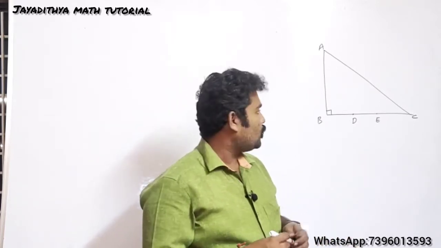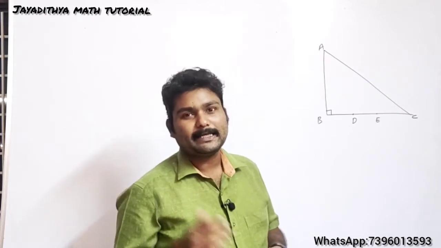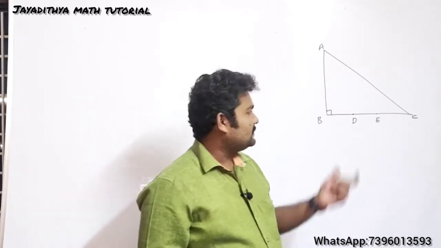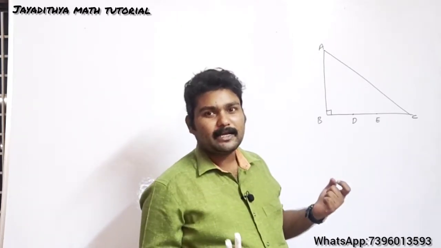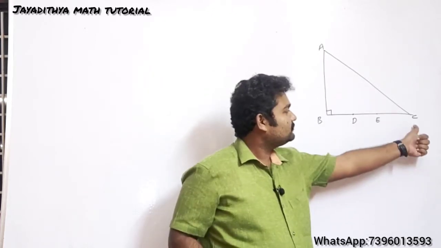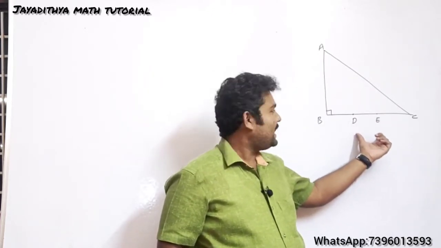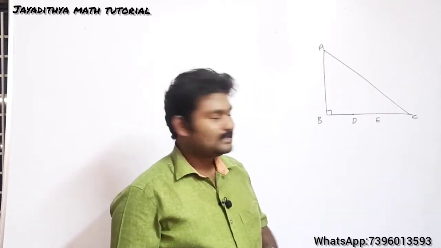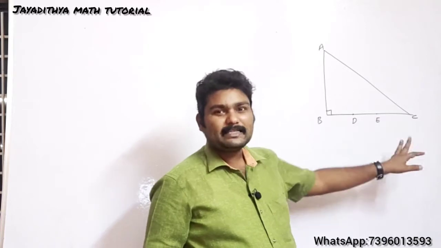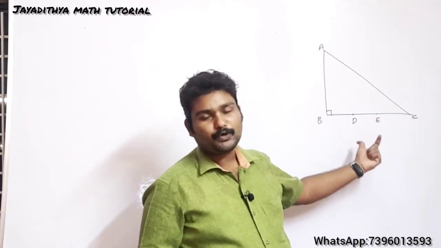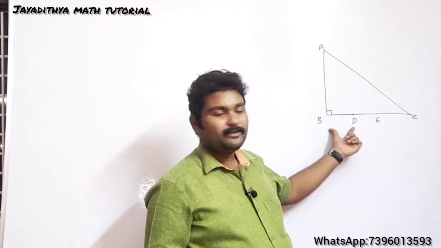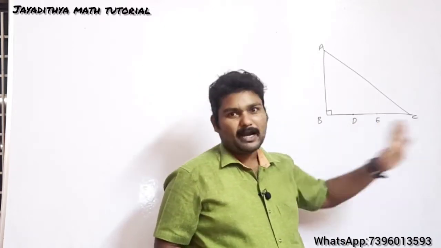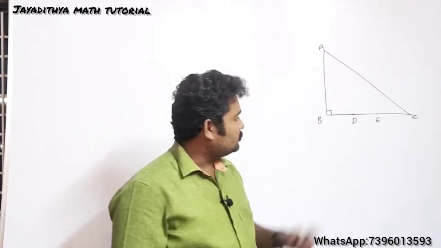If you haven't watched coordinate geometry, once you watch the coordinate geometry class, there you will understand what we mean by points of trisection. It is very simple, but you should understand the concept here. The 2 points D and E divide BC into 3 parts of equal lengths. If 2 points divide a line segment into 3 equal parts, then those 2 points are known as points of trisection. So here BD will be equal to DE and DE will be equal to EC. So all these 3 parts will be equal. And also we have some more results.